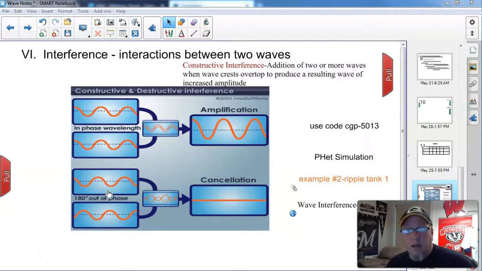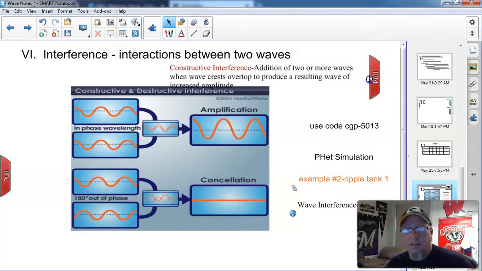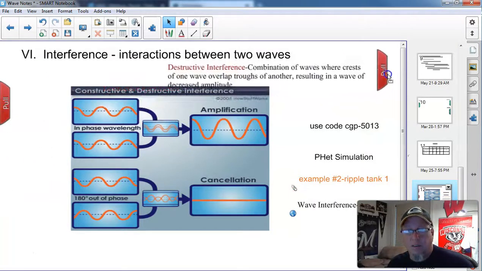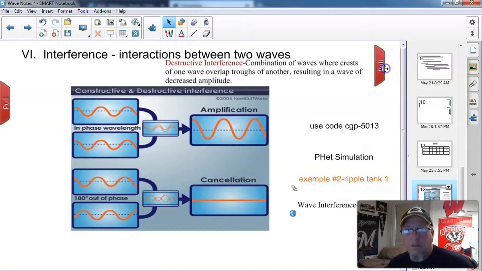Another way to talk about wave interaction is to talk about cancellation or destructive interference. So if this is constructive interference, I'm going to put that one away. Hopefully you had enough time to write that down. Here is destructive interference. Destructive interference is where you have a subtraction of the two waves. It's where a crest meets a trough, and they almost seem to subtract from one another or cancel each other